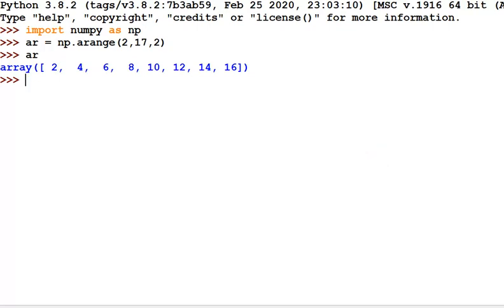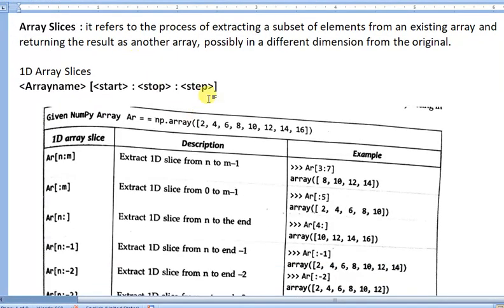It is the same array that is given in this example. Suppose you want to extract with the statement ar[3:7], meaning from the third index to the last index minus 1. So extract a 1D slice from n to m minus 1, where n is the first argument and m is the second argument.